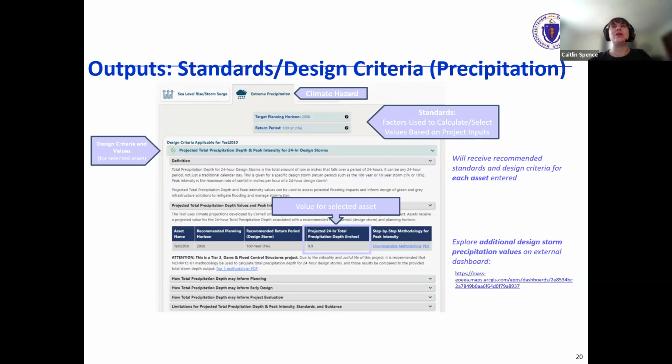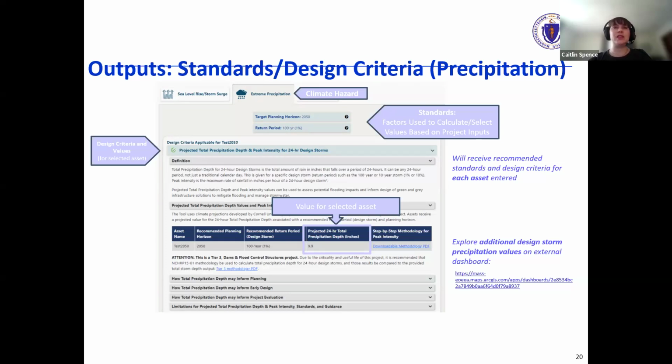And a 2050 100-year or 1% annual chance precipitation amount. The table below shows the asset, the recommended target decade for the projection, and the actual depth of a 24-hour 100-year precipitation event in 2050 of 9.9 inches in this case.